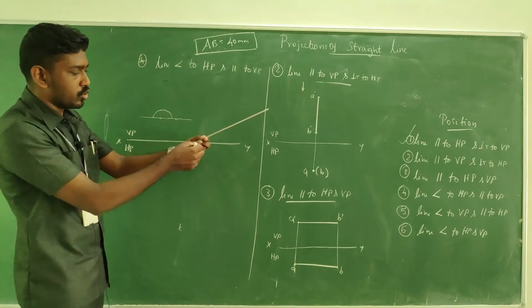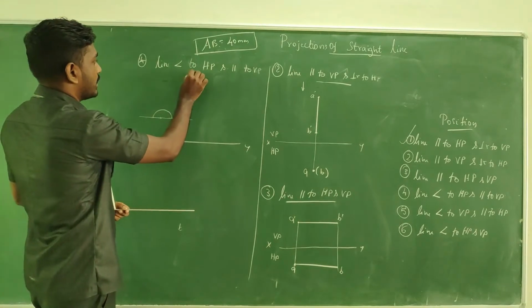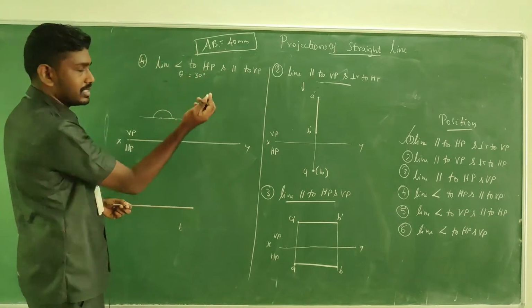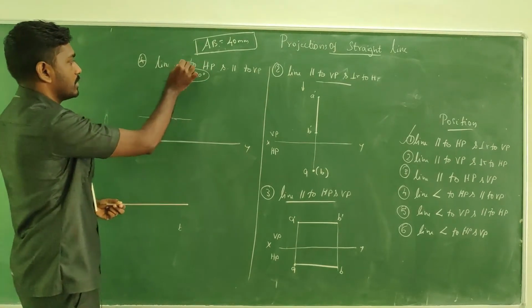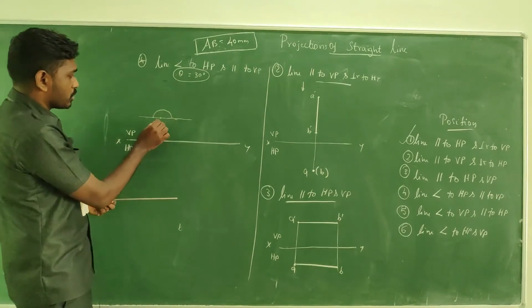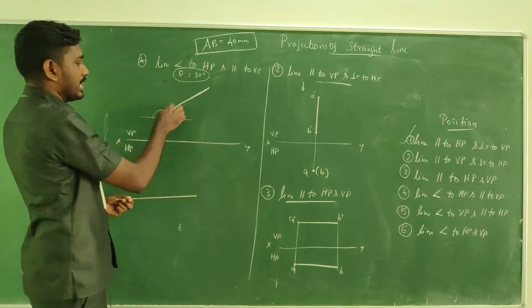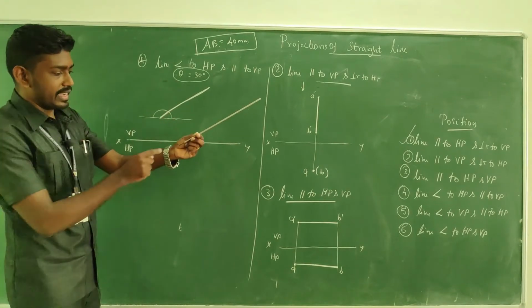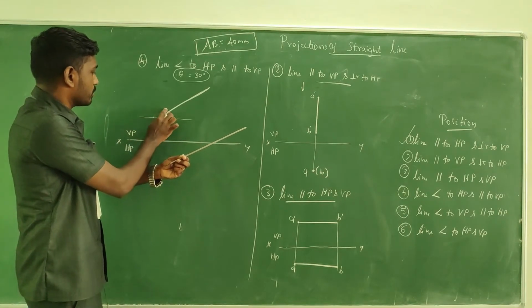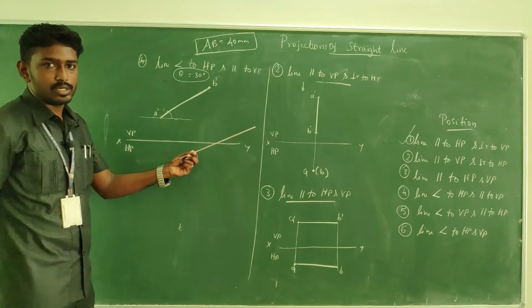In the front view, you can see the true length, but it is inclined. So take the protractor and measure. I am going to take the inclination to HP as 30 degrees, just as an assumption. If it is 30 degrees, what do you have to do? Keep your protractor, read 30 degrees, and draw a line of 40 mm, right? If I take this end as A and this end as B, in the drawing this will be A dash and this will be B dash.